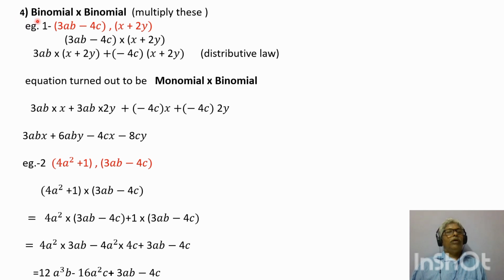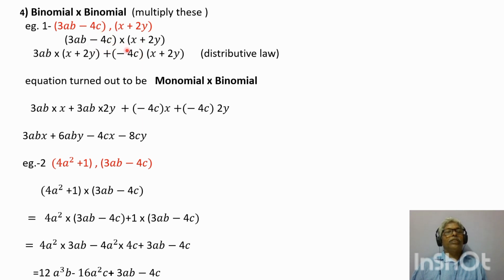Fourth one, binomial into binomial. So we are multiplying 2 binomials. Take an example. This is 1: bracket 3ab minus 4c, bracket complete, and another bracket x plus 2y, another binomial, and we are multiplying this 3ab minus 4c into x plus 2y. Now in this, the first term should be multiplied to the whole of this, and the second term again to the whole of this, like this: 3ab into x plus 2y plus